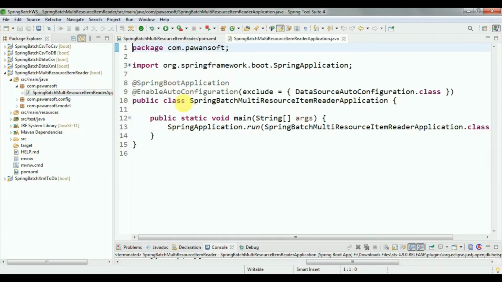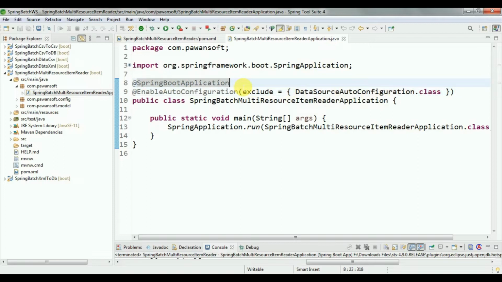and this main class will be created automatically, but you have to add one annotation called EnableAutoConfiguration, because database related configuration is enabled by default. If you are not using any database, you have to exclude the DataSourceAutoConfiguration class, otherwise the project will not run.